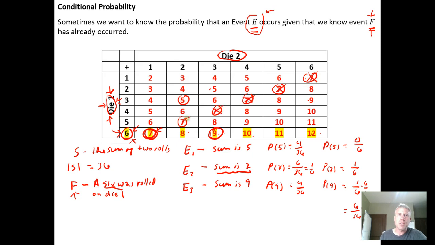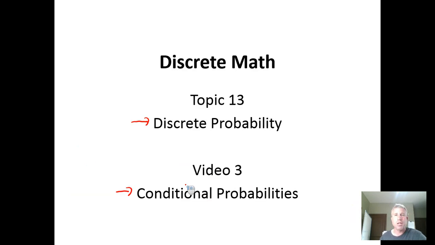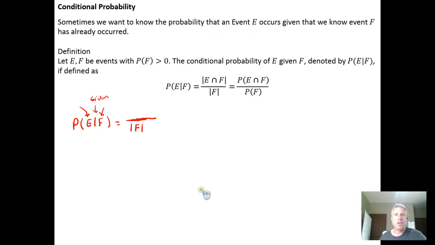So we need to know the size of the intersection of the two events. We need to know what is the size of this intersection right here. How many of the thing that I want are actually in the thing that has occurred. So we need to know the size of that intersection. And we can multiply this by an interesting form of 1. We can say, hey, E and F both came from an original sample space S. And S, because it's finite and countable, because that's what we've been working with, finite countable sample spaces,